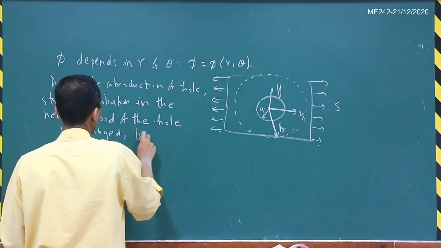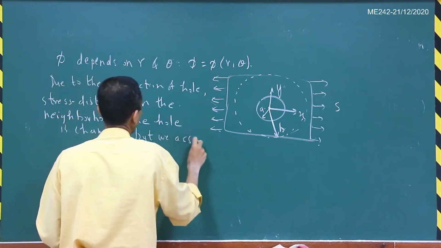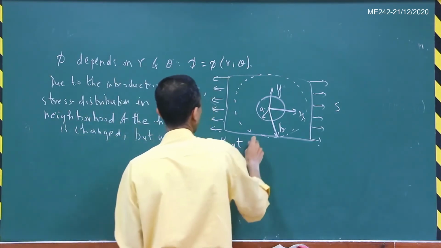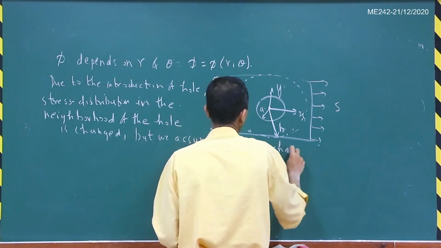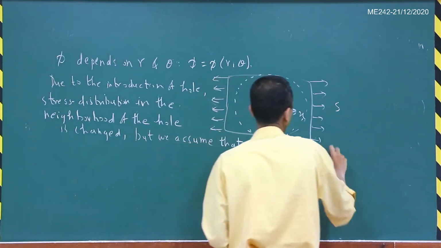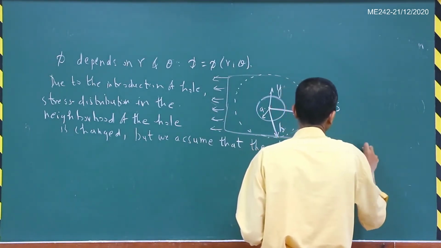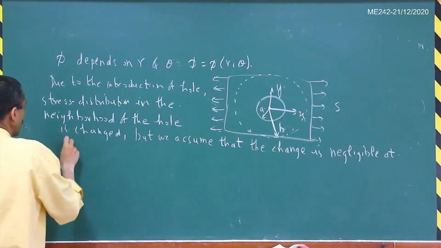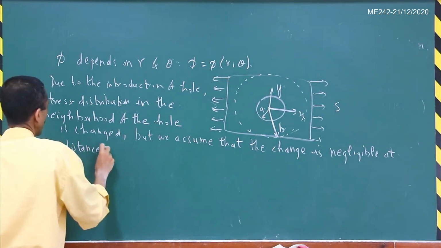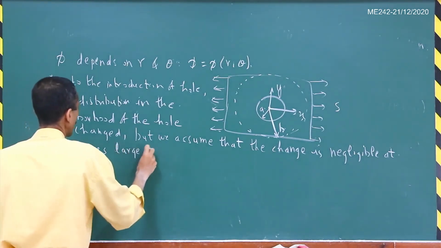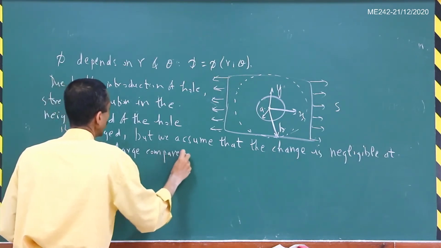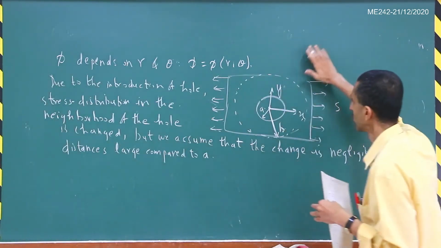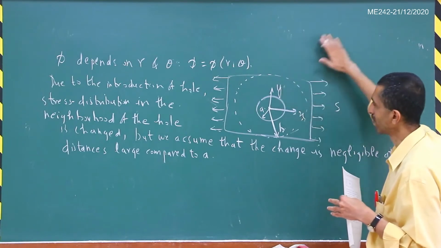But we assume that the change is negligible at distances large compared to A. So that means, suppose you go to some point which is very far, you can first